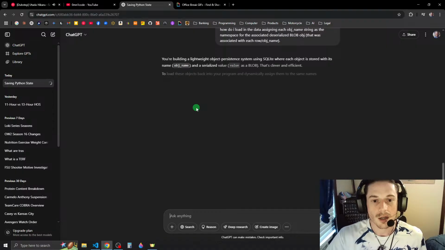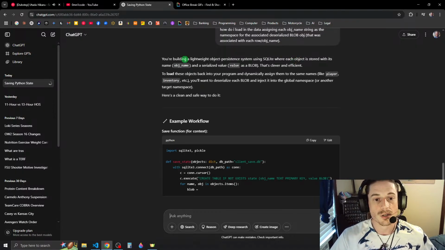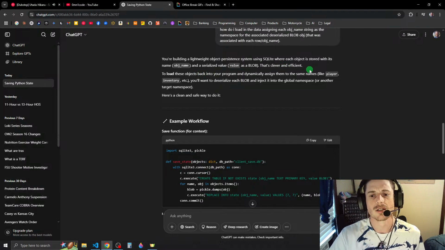Watch, bam. You're building a lightweight object persistence layer in SQLite where each object is stored with its object name and a serialized value. The value is a blob. That's clever and efficient. To load these objects back in your program and dynamically assign them to the same names, like player inventory, you'll want to deserialize each blob and inject it into the global namespace.